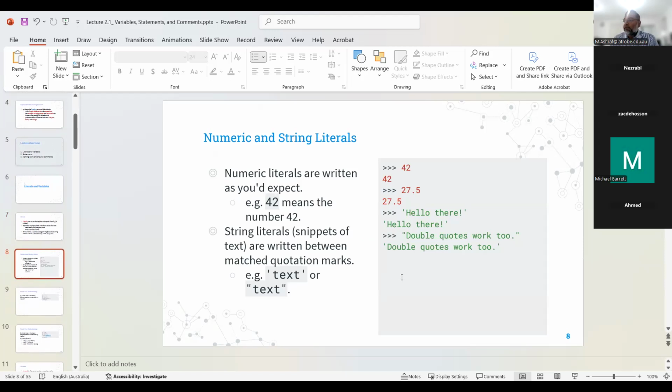Now, numeric literals. Literals can be of two types: one is numeric and another is string. Numeric literals are written as you'd expect. For example, 42 means the number 42. So if we write this, we know that this is Python. However, what we suggest is to use the